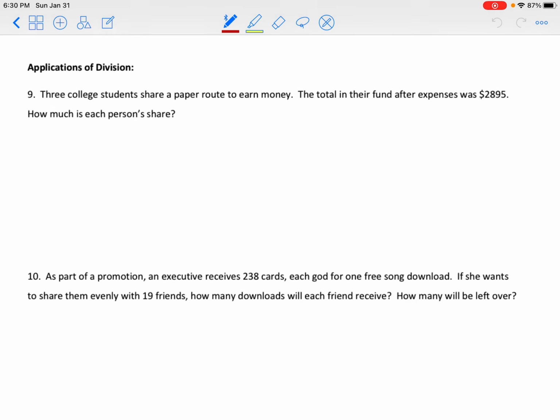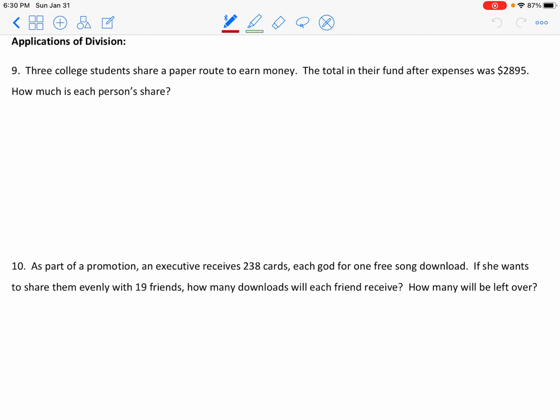Let me just show you a couple of applications of division. So for instance, on number 9, we have 3 college students. They share a paper route to earn money, and the total in their fund after expenses is $2,895. It says how much is each person's share. So that $2,895 is being divided amongst the 3 college students. So we want to divide